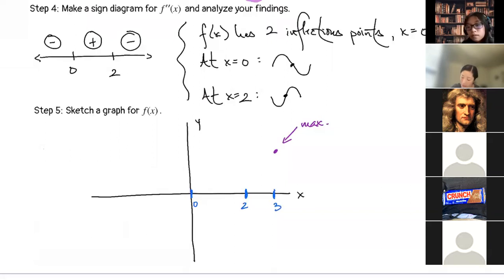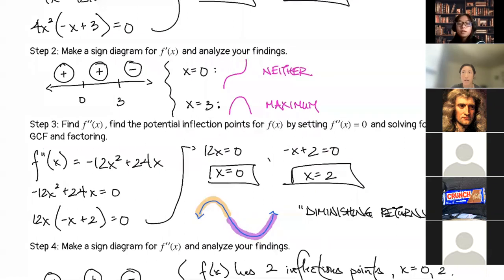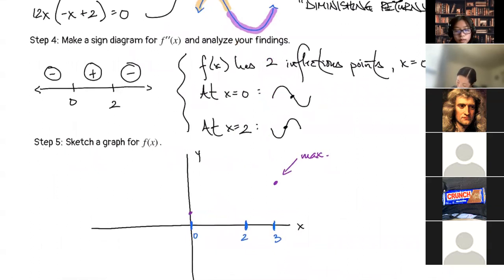So I know that at x equals 0, the slope is 0. But it's one of those, let's see what we did. It went from positive to positive. So I need to have a function that's going up, it levels off, and then it keeps going up, just like this part. So let's go back down. I know it's got to have a positive slope to 0. Now this piece that I just drew so far,